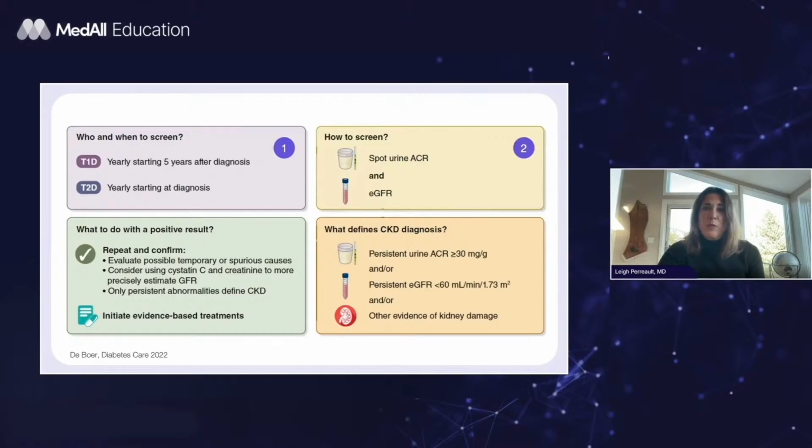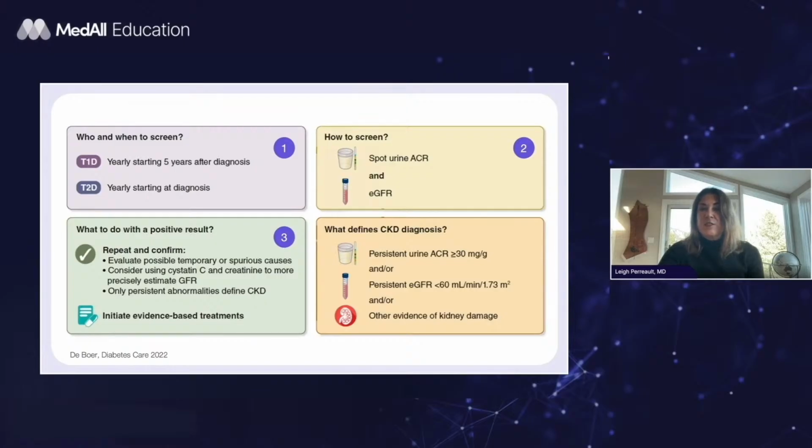How to screen? We would do a spot UACR and an EGFR. Remember, each of these adds different but complementary information about the risk of progression. What do we do with a positive result? We would repeat it, confirm it, evaluate, and rule out spurious causes. Maybe the person has a UTI or other reasons for kidney problems. We'll consider using cystatin C to improve the precision of the measure of the EGFR, and then only persistent abnormalities